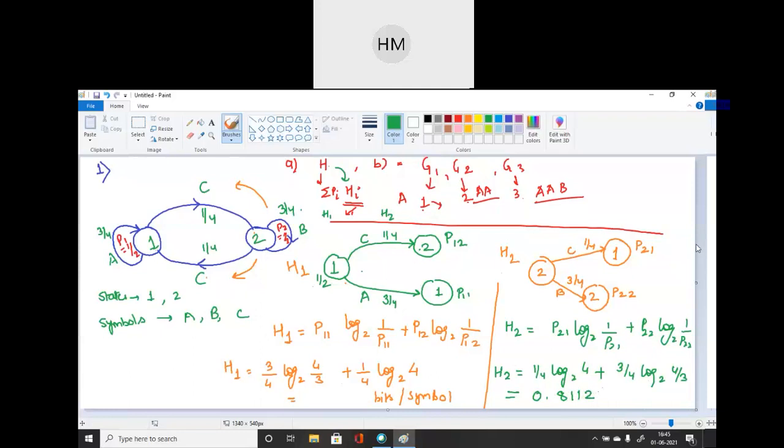So next what we have to do, we have to find the part A of the question, that is this H, that is entropy of source. So please write down the formula in your copy. H का formula लिखो और simplify it. It's very easy. I'm waiting for the answer on the screen. Write down the formula of H. Then in next class, we will simplify the second part because that is very lengthy part.